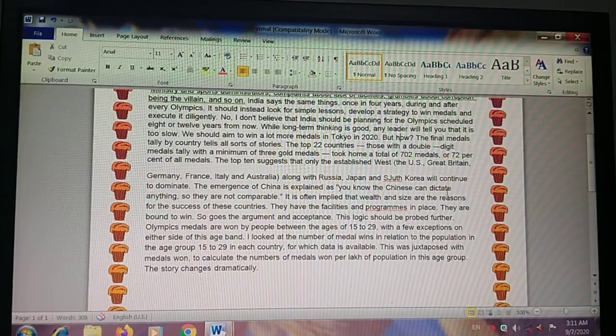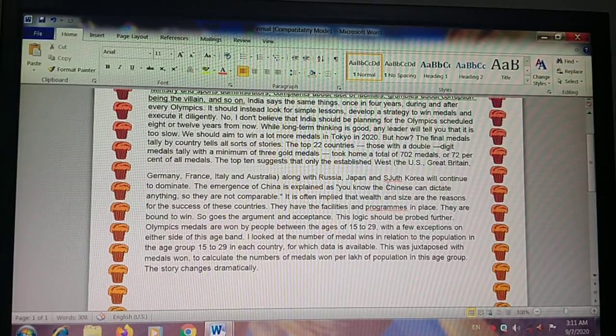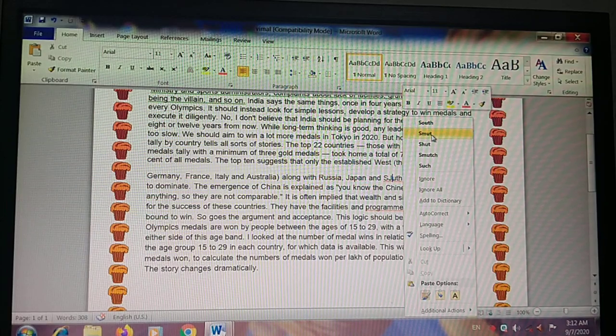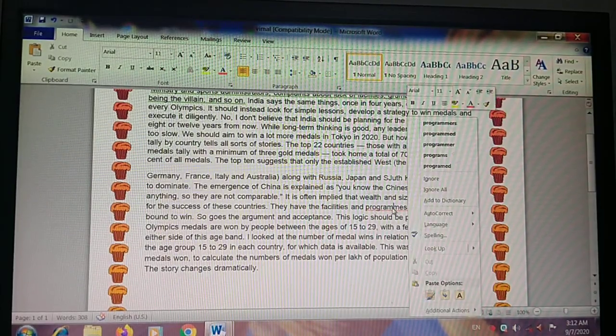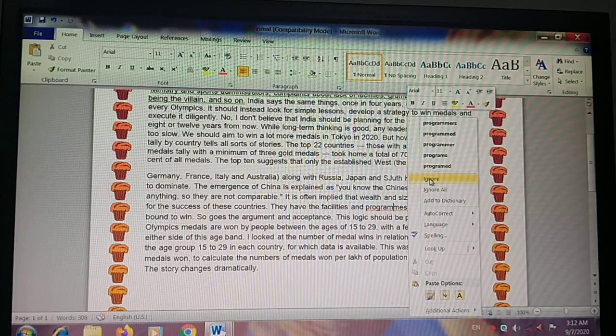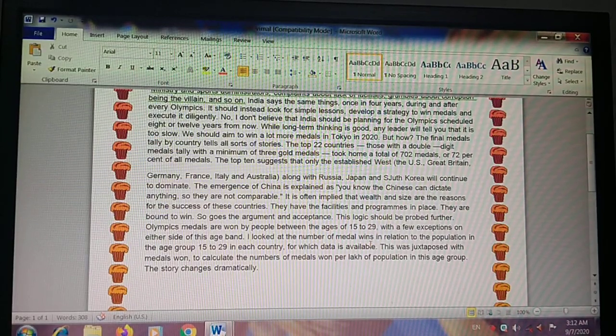If you are doing ignore, then your spelling will stay as it is and your word will also stay as it is. Now here also red wavy lines are given. Now what is given here, souths, and this many spellings are here. If you want to ignore, then click on ignore. Right click here on programs, it suggests programmers, programmed, programmer, programs. There are many options. If you want to ignore it, you can ignore from here. Okay, your spell check will work like this.